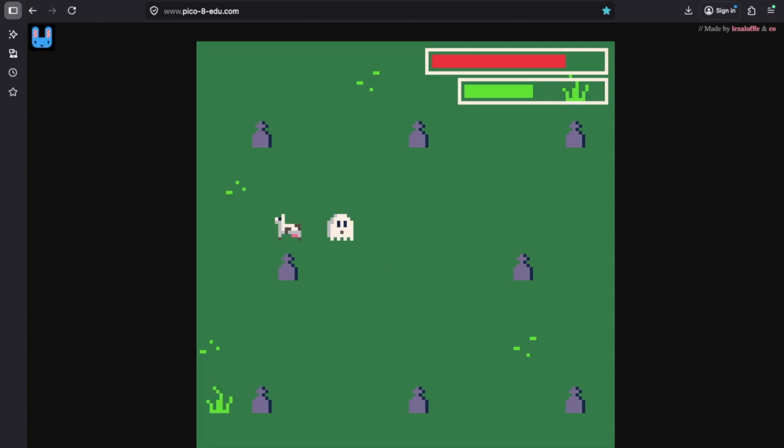But the game is complete, and I feel so accomplished. There are a couple of bugs that I decided just not to deal with because I tried. Trust me, I really did try to fix the fact that the grass was spawning on top of the gravestones or whatever, but it just wasn't working for me. So I gave up, and now the game is done.